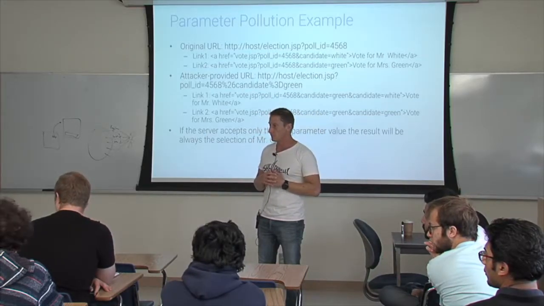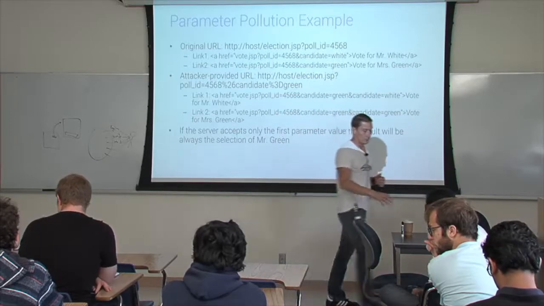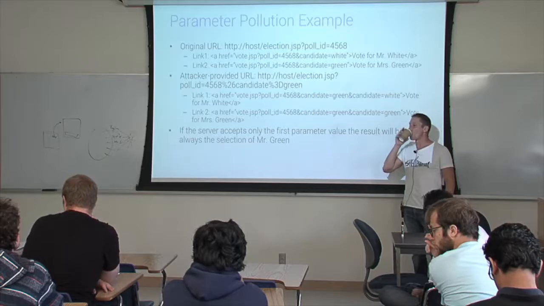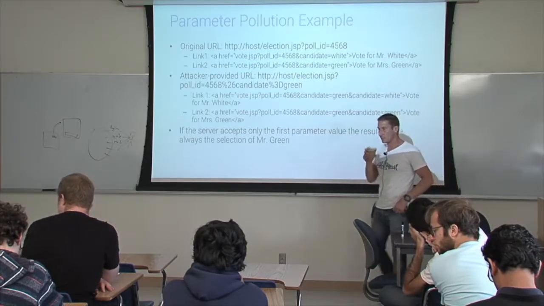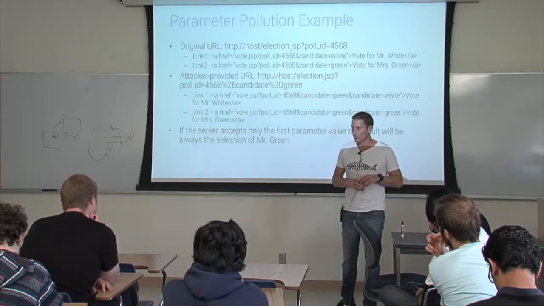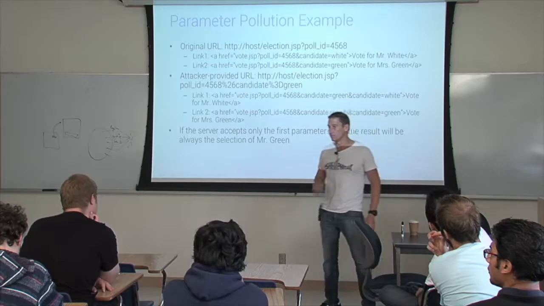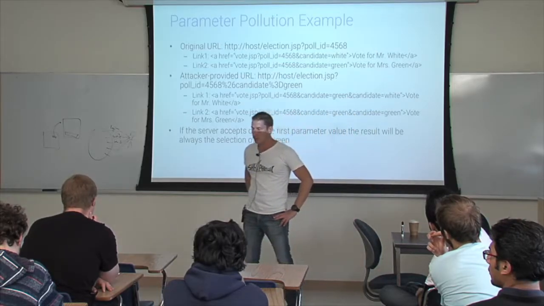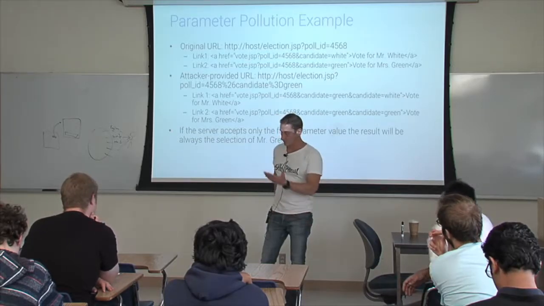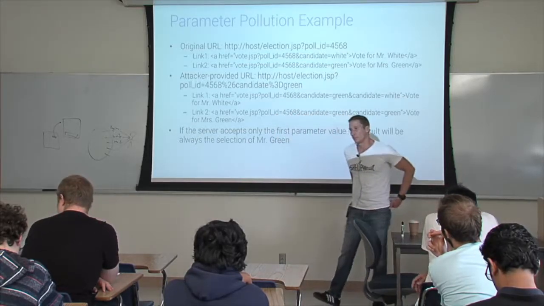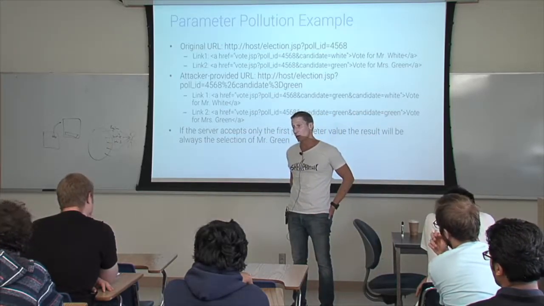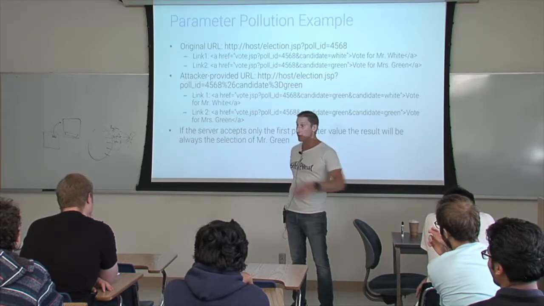I mean, you can think of it as, let's say you have Doodle, for example, that lets you make these questionnaires where you can answer something. And Doodle lets you put a name that has this problem. You will send an invite link to all the invited people, hey, vote on my Doodle. But because Doodle generates that invite link using this kind of problem, you will actually vote on someone else's Doodle instead. Correct. Of course, Doodle doesn't do that because they know what they're doing. But that's a great example.